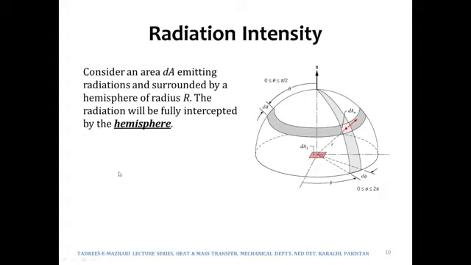Now we are going to discuss a term which is called radiation intensity. Over here you can see a hemisphere, half of a sphere, just like an igloo. It says consider an area dA emitting radiations, and it is surrounded by a hemisphere of radius r. The radiations that will leave this particular object will be fully intercepted by the hemisphere,